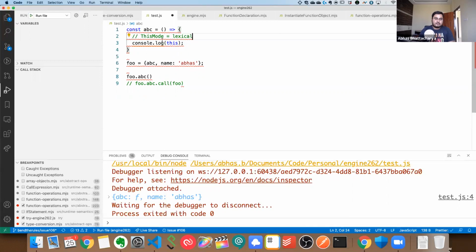Okay, and if this happens, then this is hard to explain because indirectly my this will now be global, but you can also understand it is actually my outer this. So yeah, basically if you did this within a function or within a class, then this will print the outer this. So if I now call foo, sorry, abc,